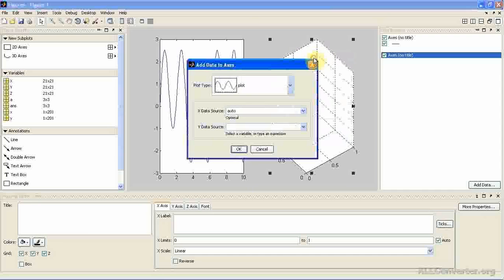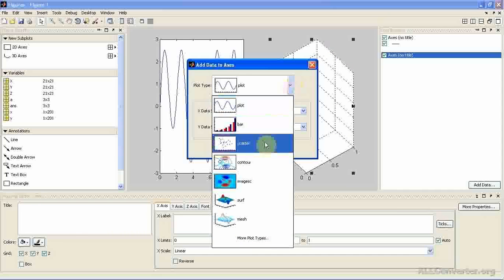Click on this, add data, plot, 3D plot. These are the 2D plots: this is the bar plot, this is the scatter plot, this is a contour, this is the image, this is surf, this is mesh. So surf, image, mesh, contour, all these are the 3D plots. Let's take this surf,